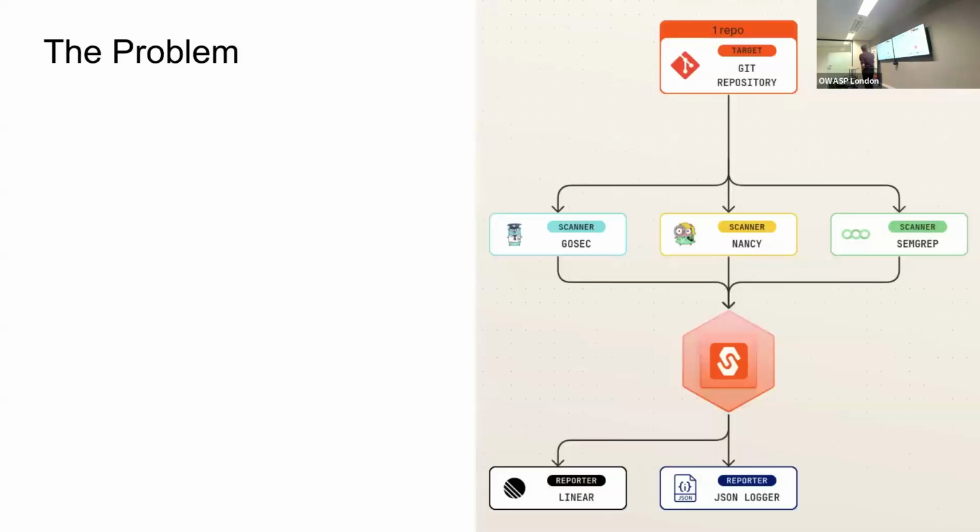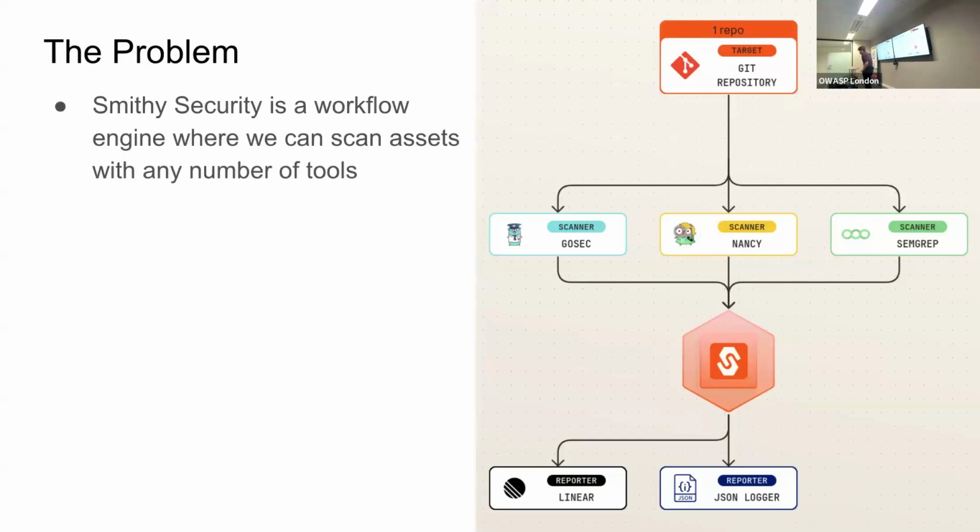The problem itself, as mentioned, is that we like using lots of scanners to get large code coverage and be able to detect vulnerabilities of all different types. Smithy Security is a workflow engine that can scan an asset, in this case an arbitrary Git repository, with any number of tools, GoSec, SemGrep, or Nancy in this example, and then we want to output it in one place. In this case, we can generate Linear tickets